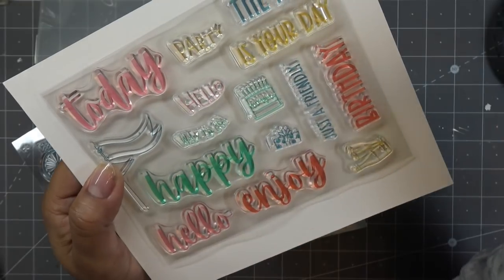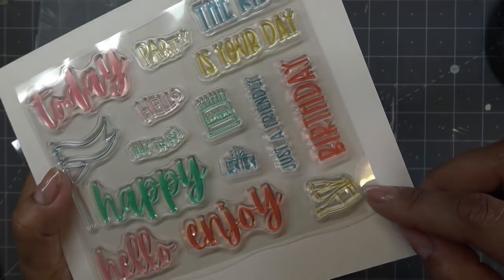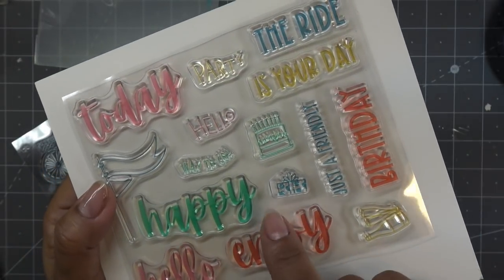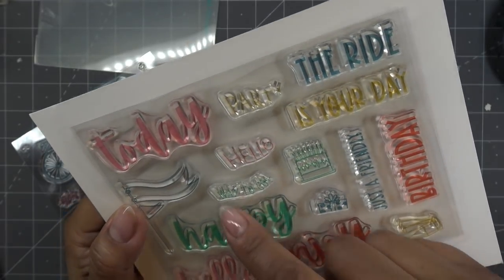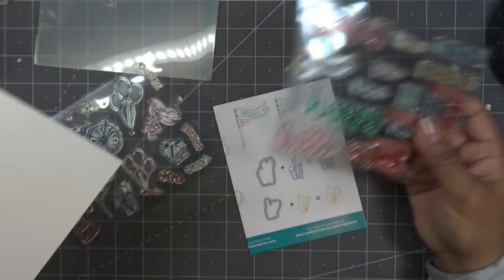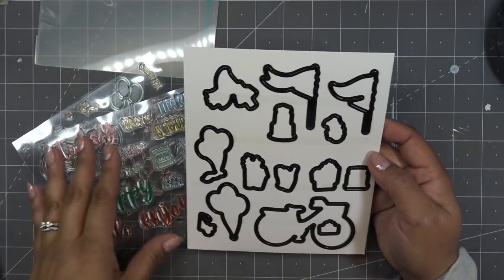These are really nice size stamps here. Just a friendly, and then birthday. Ooh, we have wine here, or maybe champagne and some glasses, some flutes there, really cute. Little gift, another cake. Little pennant banner. That is so cute. And then of course we have the dies for pretty much most of the things here,